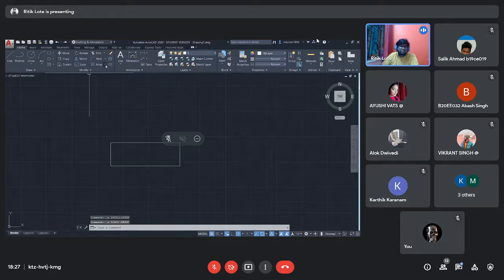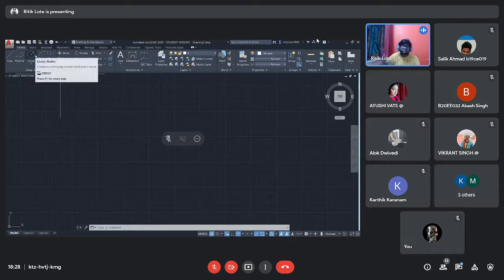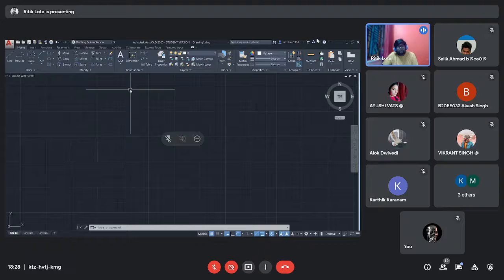And these tools will simply help us increase our productivity. Nothing more. Then after that, array. It's an important tool. We will see how important it is. So what actually is array? Array is a set of objects that come together and are arranged in a definite way according to our needs. So here, let's take a circle. I have taken this circle.